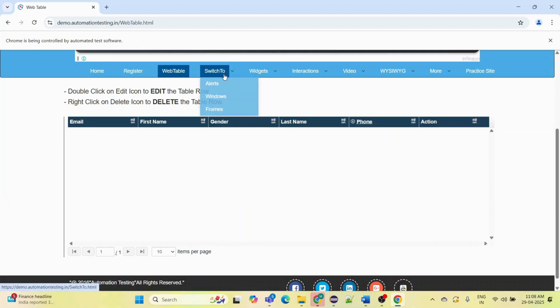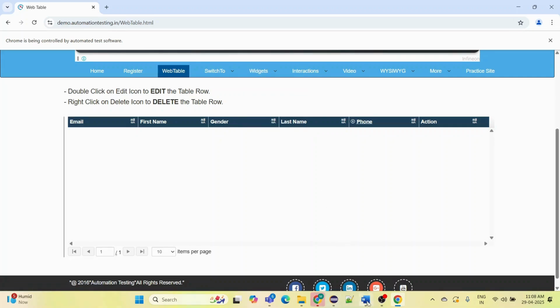We have scrolled our mouse, moved to an element. We have moved to this particular element, the interaction element. Then a particular drop down displays. It is not a drop down actually, it is a kind of layout which displays where we can select the items like drag and drop, selectable, resizable, like that. So these are a kind of actions that can be performed with the help of the Actions class